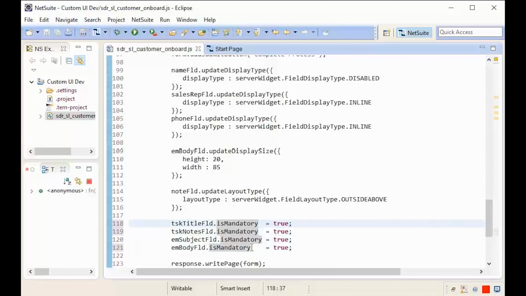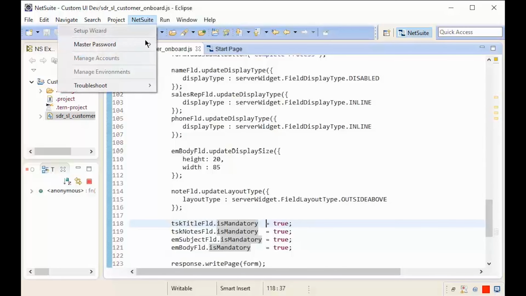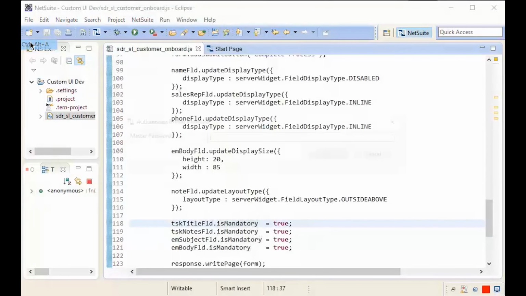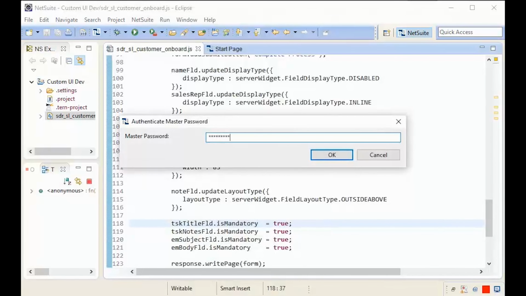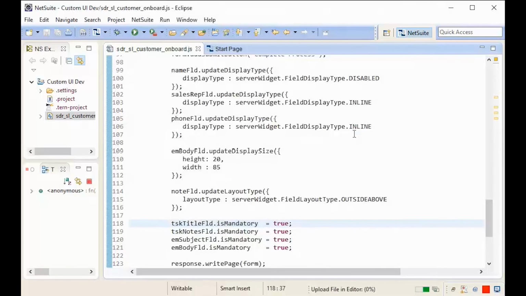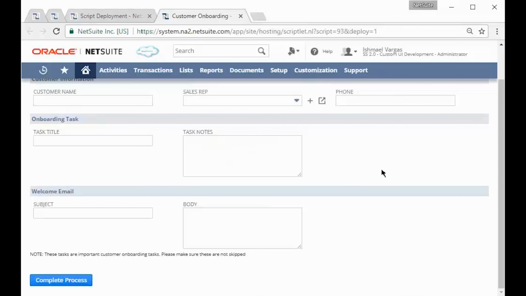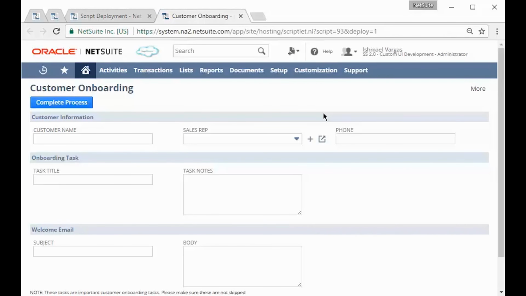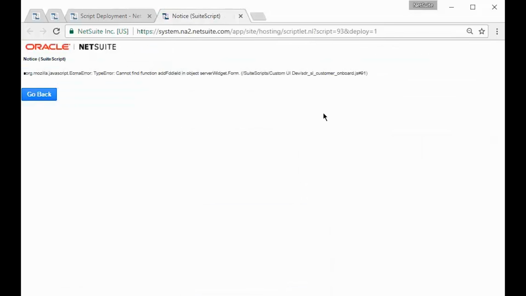Okay. There we go. I believe I have not. Okay, let me just re-authenticate my master password. Let me upload that. There you go. Okay, so that should upload in a bit. Okay, looks like it's done. Let me go back to my SuiteLit here and let me refresh my page. And if everything is okay, looks like we